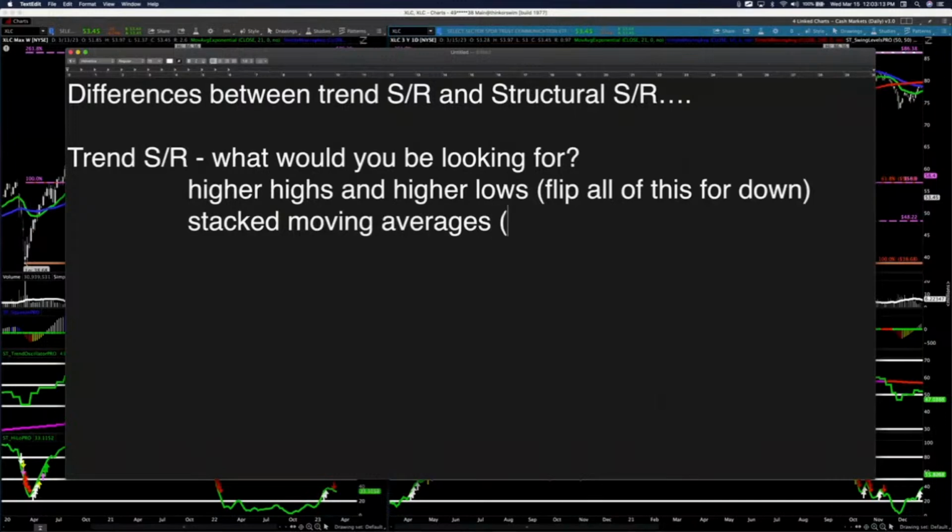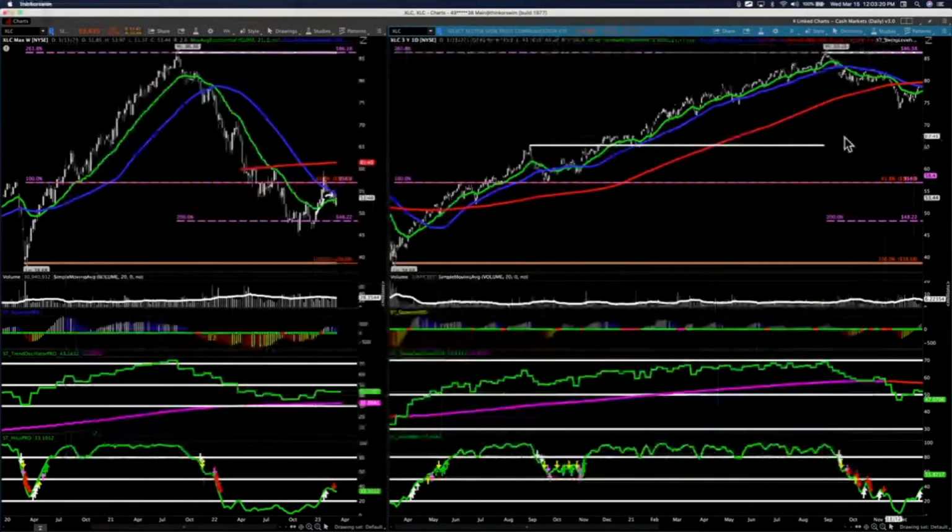And this is where most people get it wrong, because they're so trained on always saying that the 21, by the way, for those of you watching on the YouTube, the green line is the 21 EMA, the blue line is the 50 SMA, the red line is the 200 SMA. And those are the only three moving averages I use. You can certainly use an 8. I'd find it superfluous. But most people just always assume the 21 is support. And that's not really how it works.